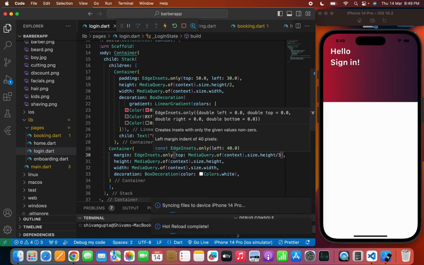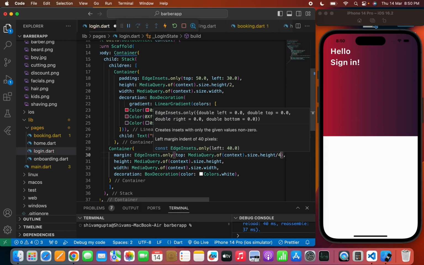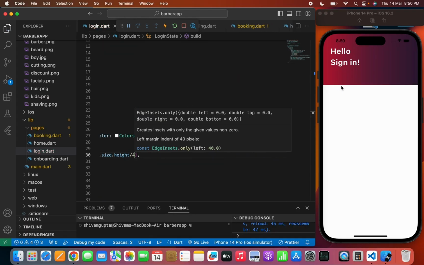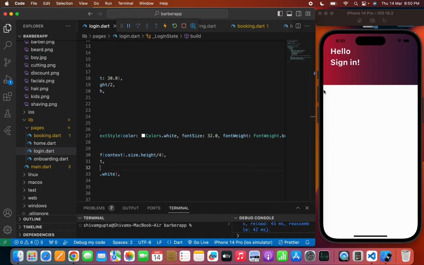So here you can see the container. Now maybe we can try divide by 2. No, it's too much. 4. Yeah. Now I want to basically give the circular radius to my container from the top left position and for